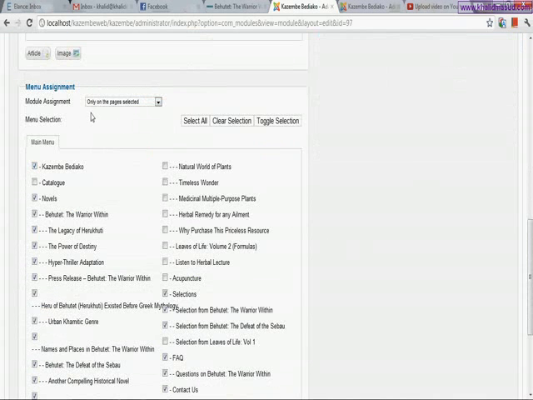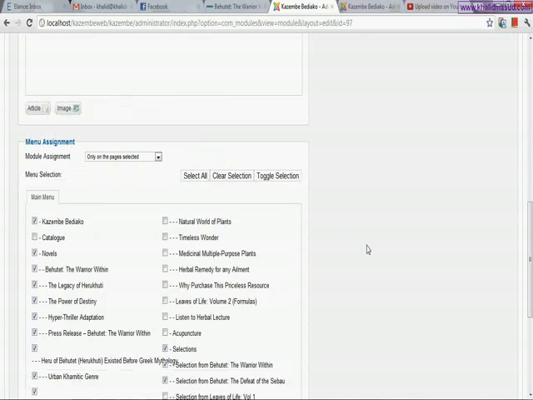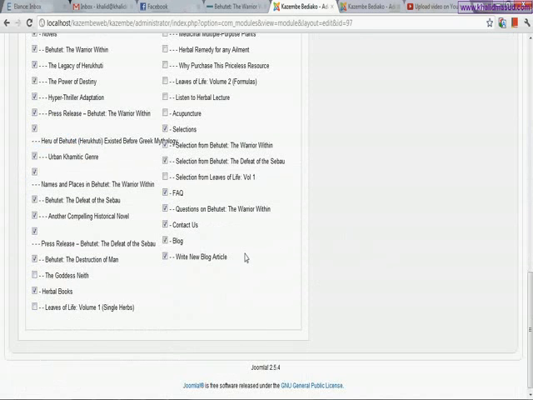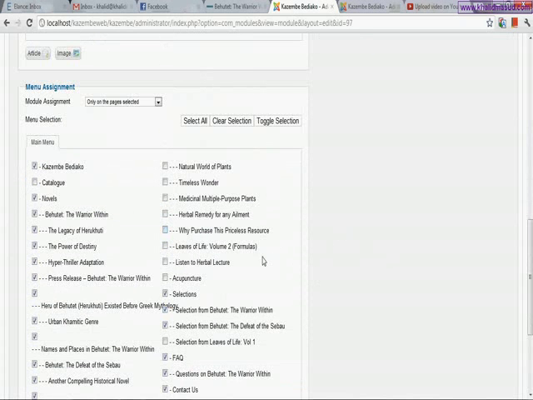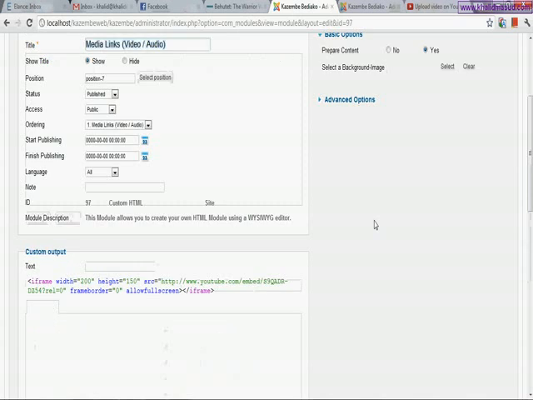You can see that I have selected only certain pages, so on these pages this module should appear. When you go through this backend, you can easily understand, because I have written everything in a very user friendly way, and you can easily come to know how you can place your special modules on your website.